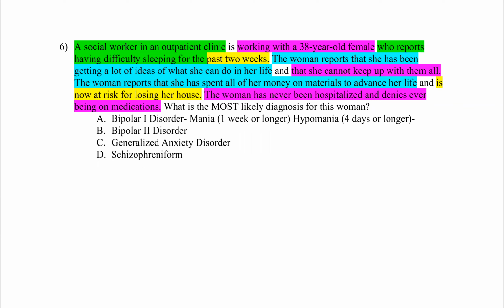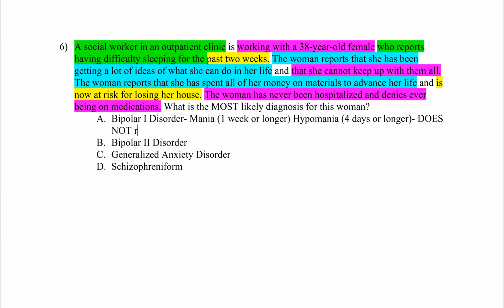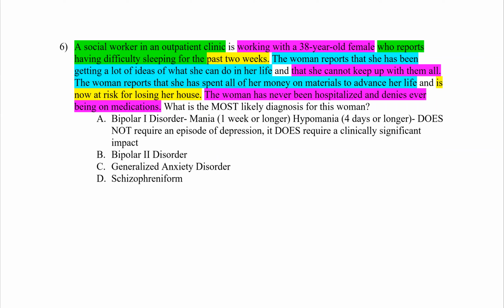longer. And then this is how we're going to differentiate it between bipolar 2, is it does not require an episode of depression, but it does require a clinically significant impact on the person's functioning. So let's keep this going for bipolar 2, because as we stated before, there's going to be a lot